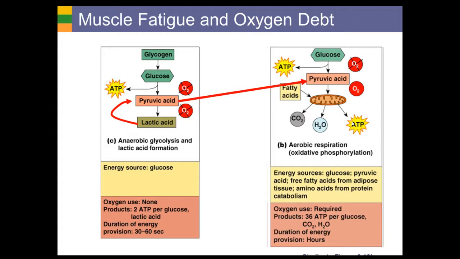Also, we used up those initial stores of creatine phosphate. We have to replace those as well. And some pyruvic acid enters the blood and the liver uses it to make glucose and then store that glucose as glycogen. So those are all of the things that are occurring after exercise ceases, but you continue to